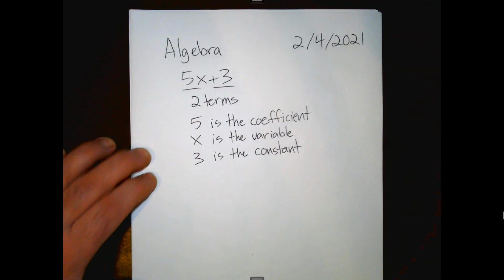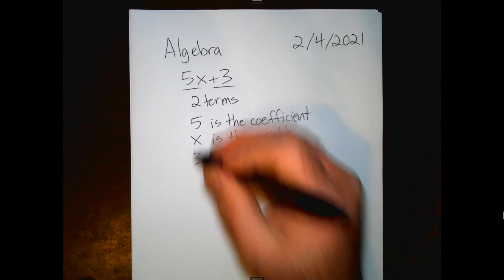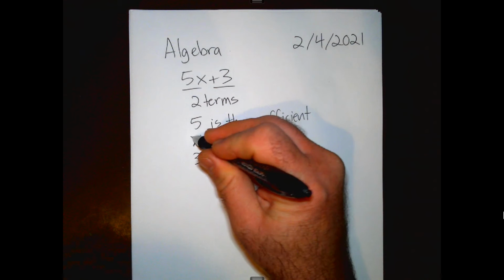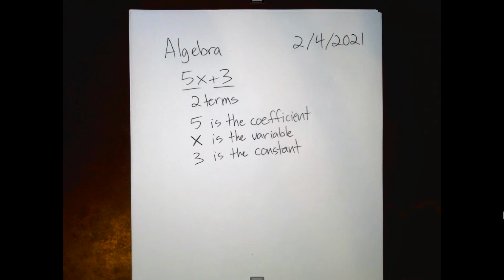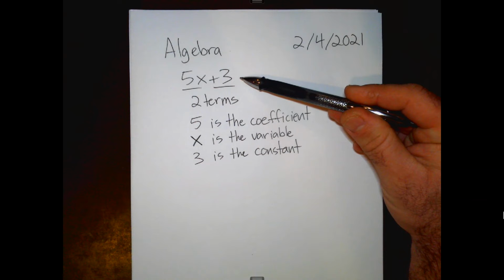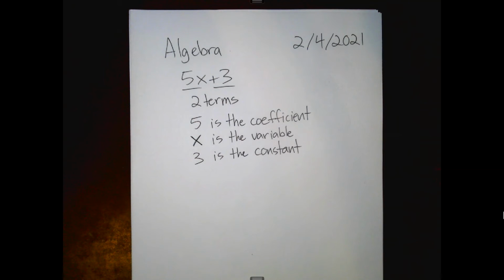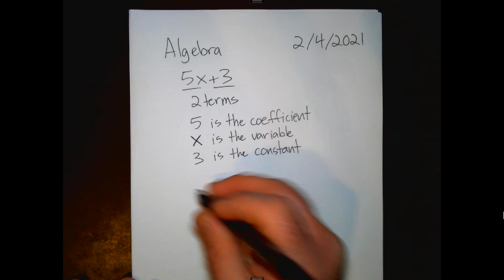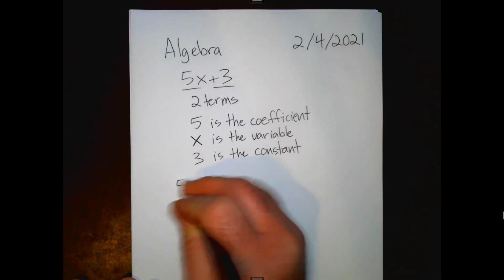Okay? So when we're doing algebra, a lot of times we're solving for the unknown value for the variable, which is usually x. Okay? So earlier I called this an expression. If it doesn't have an equal sign, we call it an expression. But if it does have an equal sign, then a lot of times in algebra we will solve for the